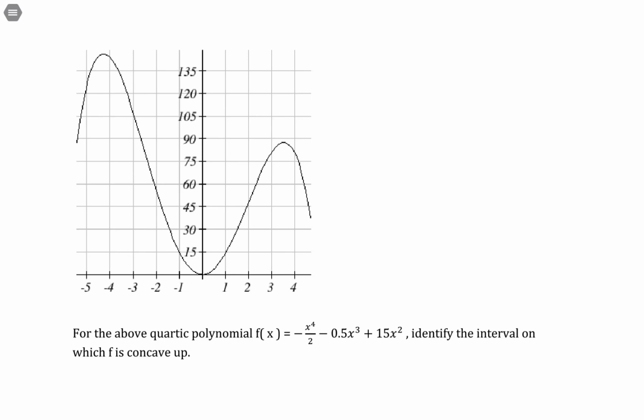For the above quartic polynomial, f of x equals negative x to the fourth over 2 minus 0.5x cubed plus 15x squared, identify the interval on which f is concave up. Okay, so to determine where a function is concave up, effectively we're looking for where it looks like an upward-facing parabola. Now, if I look to where this thing looks like an upward-facing parabola, initially I might look